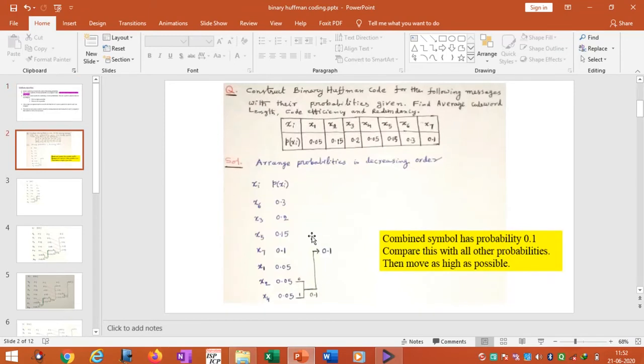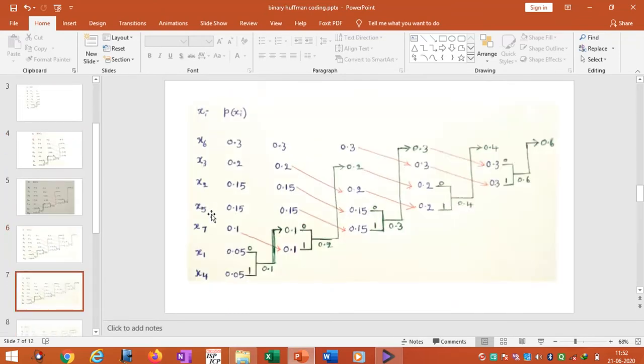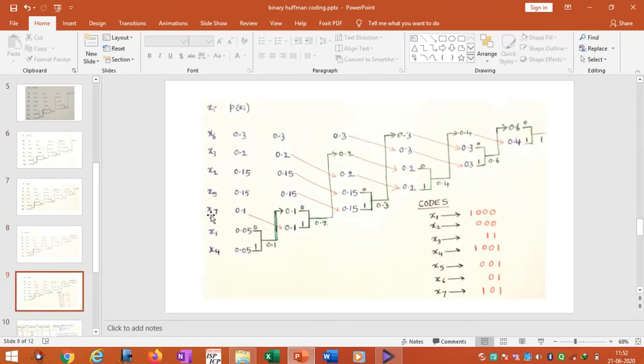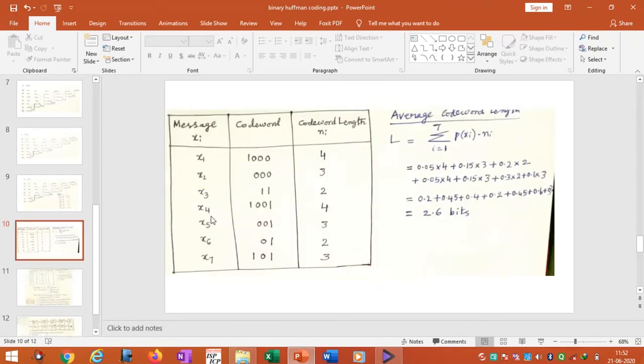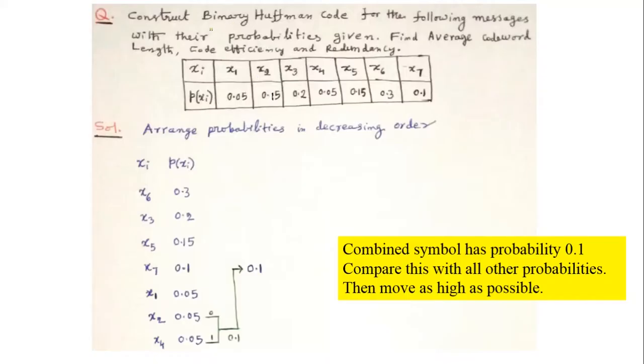We want to construct Huffman codes. I explain this example in different steps so that you can easily understand. Understanding Huffman coding is not difficult. It is easy to understand. In this problem, 7 messages are given, x1, x2 up to x7, and their probabilities. So we should construct a binary Huffman code and also find the average code word length, code efficiency and redundancy